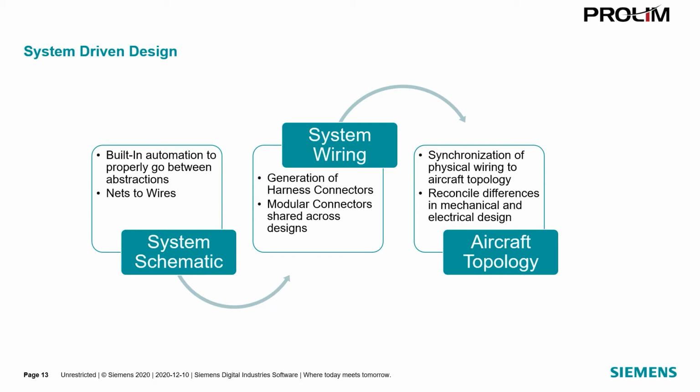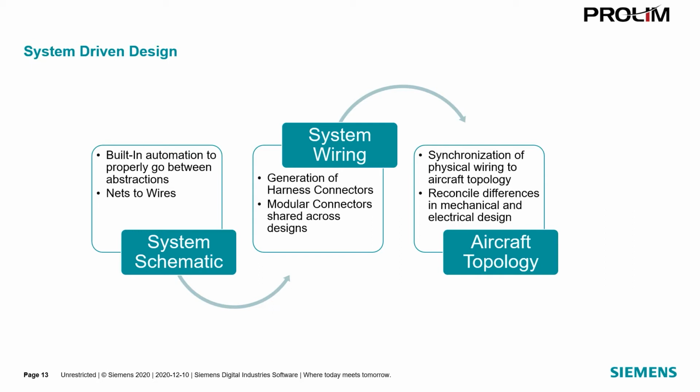So you'll see a flight instrument design, and we're going to push that down into the system wiring abstraction. We're going to use some advanced automation to do nets to wires automatically, and then the generation of harness connectors based on the footprints of devices that we have. We're also going to quickly establish, correctly through the designs and through the footprints associated to our library parts, modular connectors in the correct hierarchy with no issues that are shared across